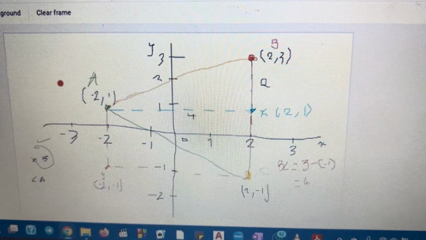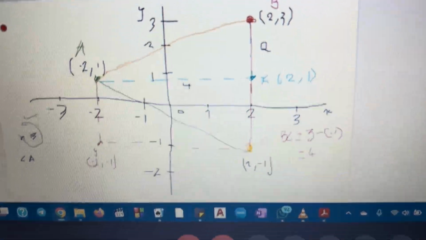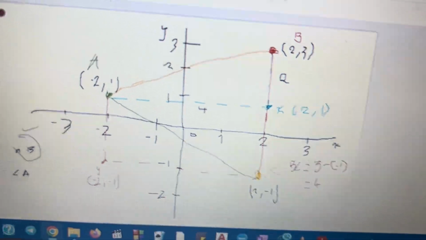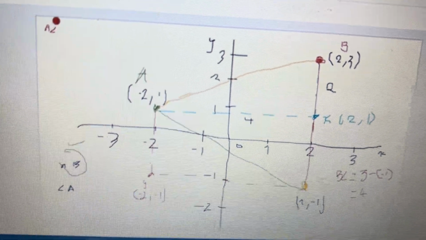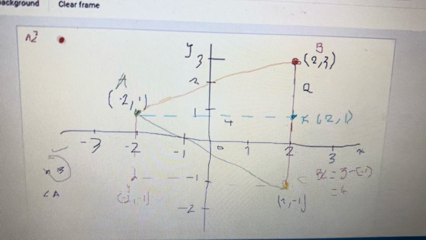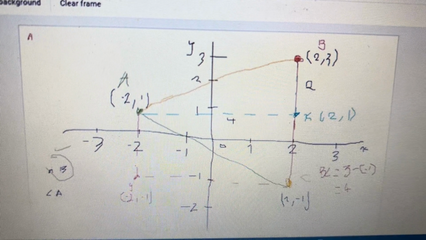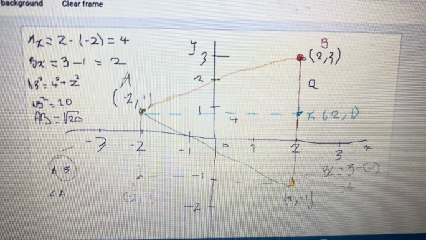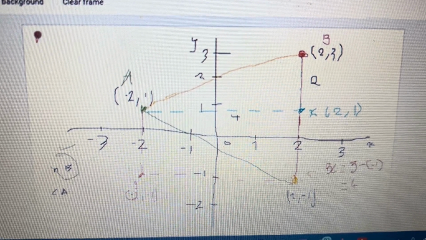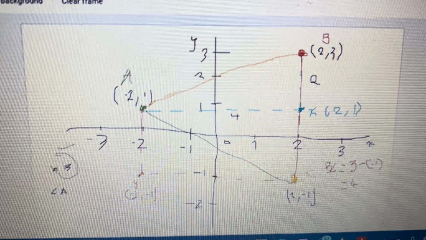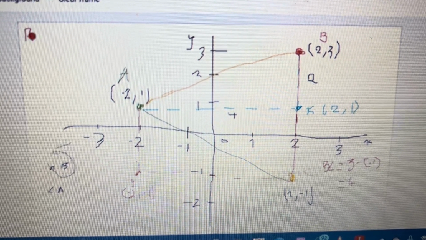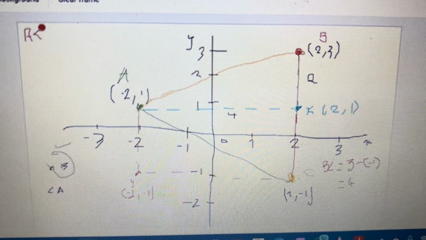Okay, so from Pythagoras' theorem, we have AC squared,